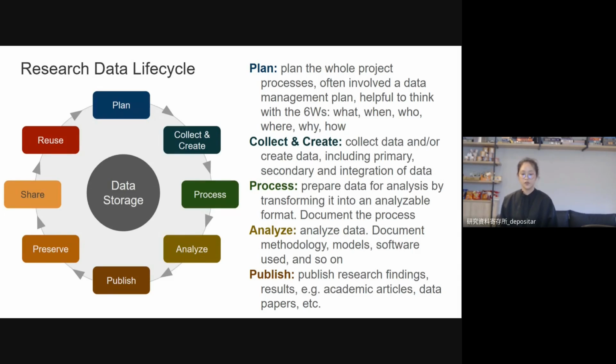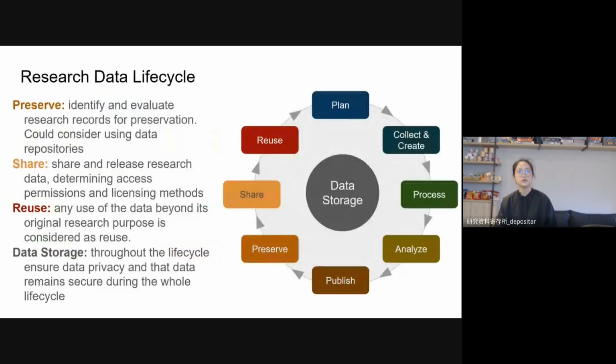reusable. So after that, one of the most important steps is to publish your research findings, like an academic article or data paper and so on. After publishing the deliverables, it is time to think about what data have long-term value for preservation and what can be discarded. Preserve and share, these two steps are often interconnected because they usually are achieved together by using data